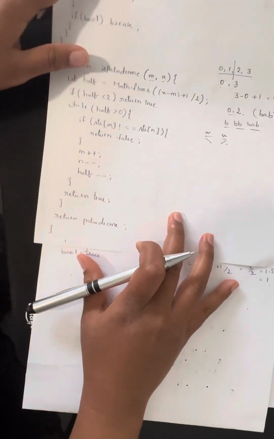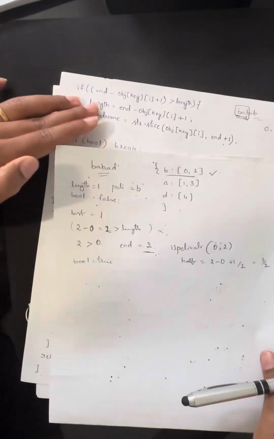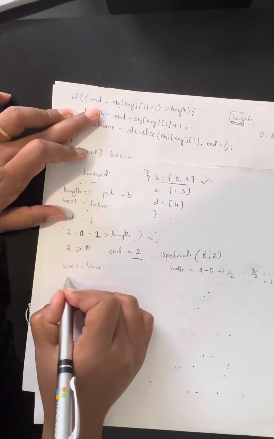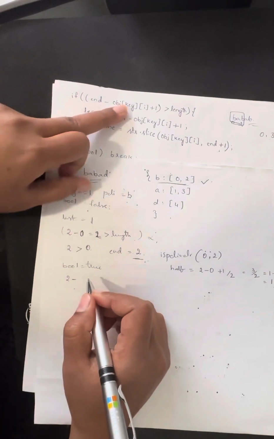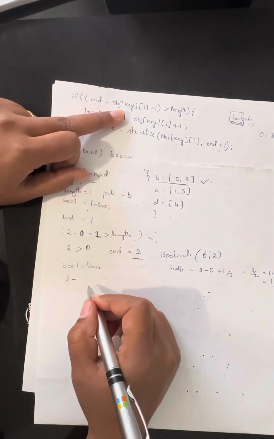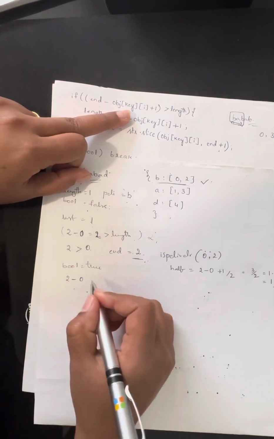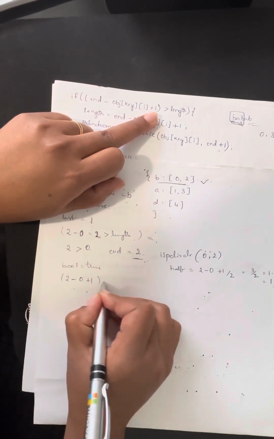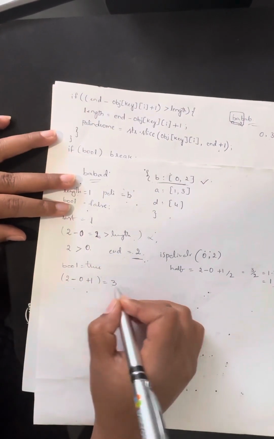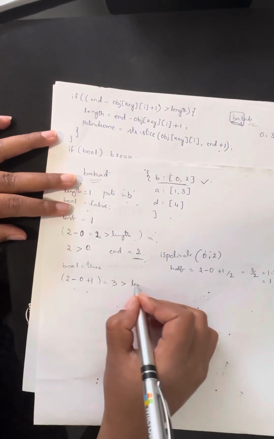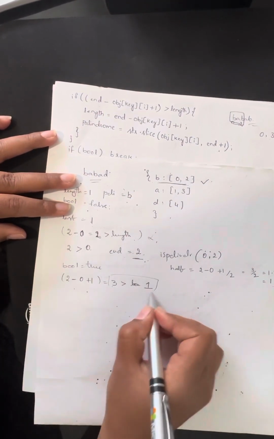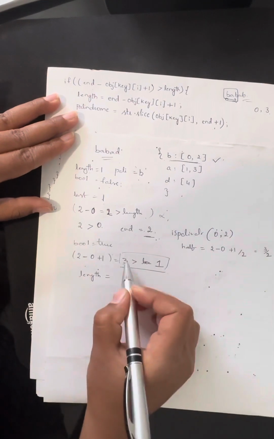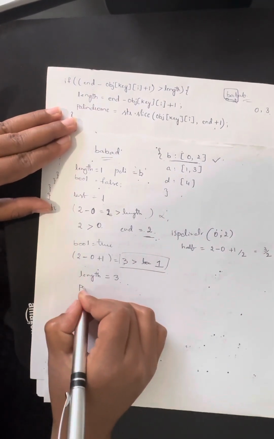If the bool becomes true, now we get to this if condition, where we'll check if end is 2 minus object key of I is 0 plus 1, which becomes 3, and we check if 3 is greater than the length which is 1. 3 is greater than length. So what we are going to do is in the length we'll store 3, and in the palindrome,